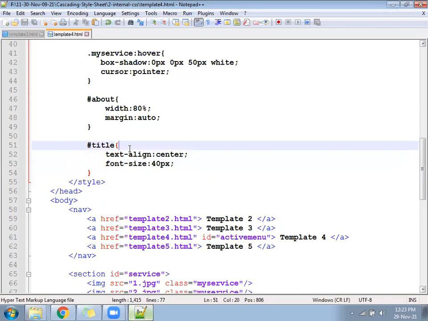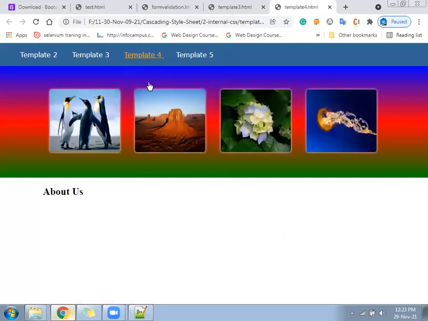Text align center, font size 40 px. So now that will appear in the middle and the font size will be bigger.